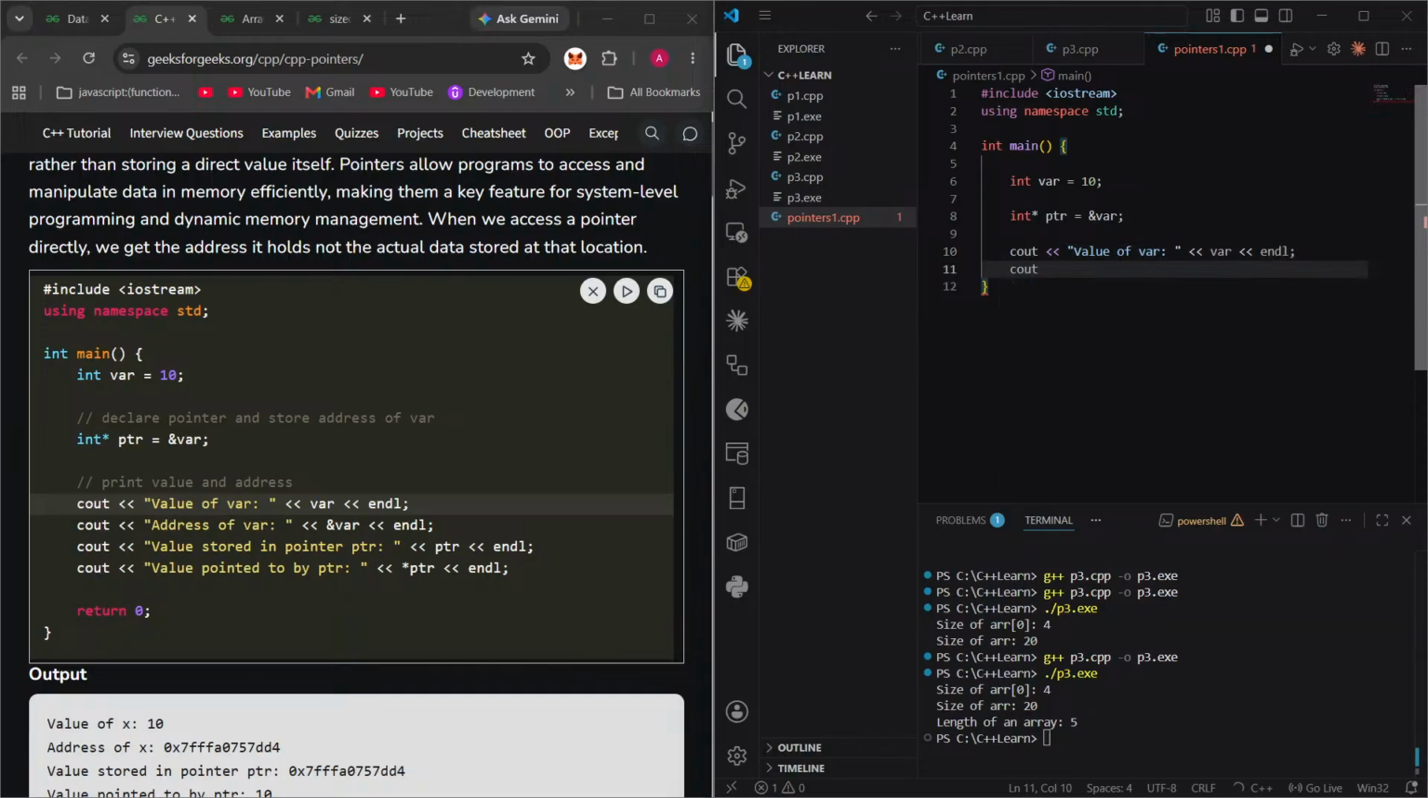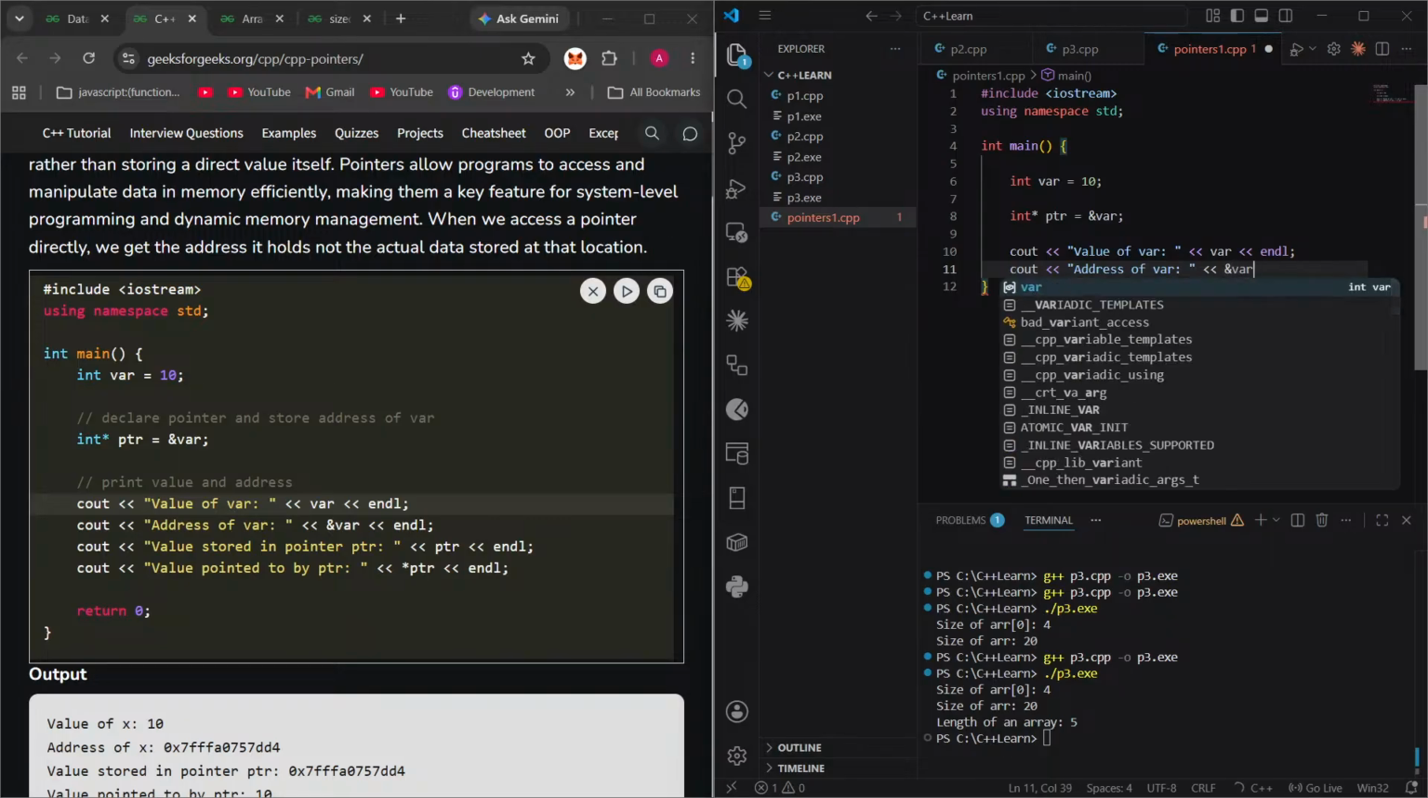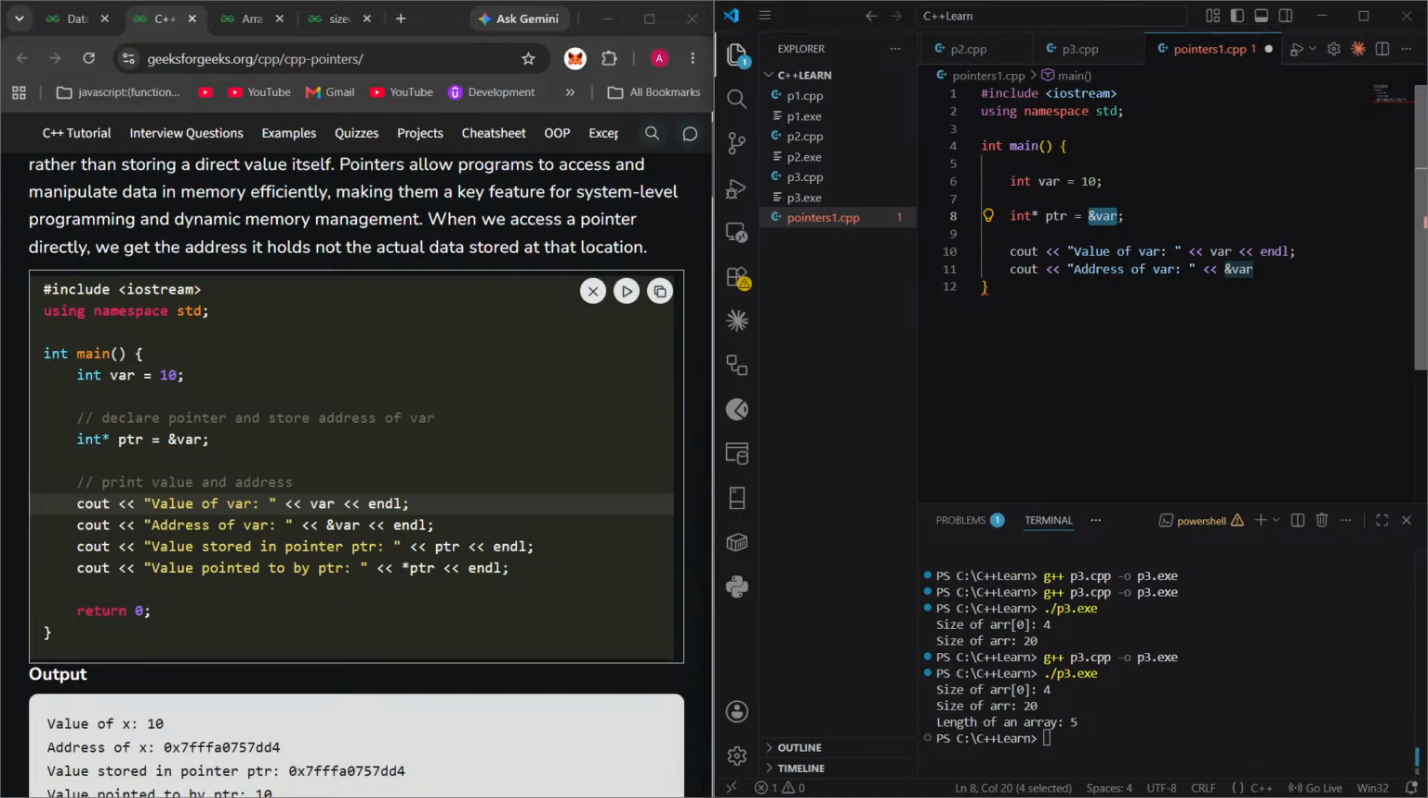Now we have to print the address. So we say value of address of var, and here is the difference. We go with ampersand var as we did here, and endl. All right. And in the last,